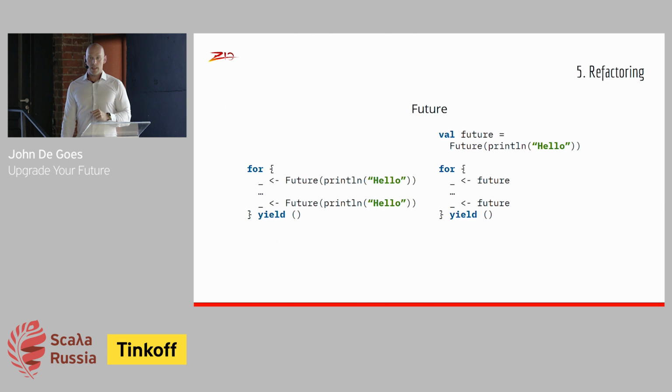Future is not very refactor friendly. And what I mean by that is, let's say you're looking at a chunk of code over on the left-hand side here, and you see some duplication. One of the techniques that we can use to eliminate duplication is a refactoring called introduce variable. So we introduce a variable, and we take the duplicated expression, and we put it in the variable, and then we refer to it twice.